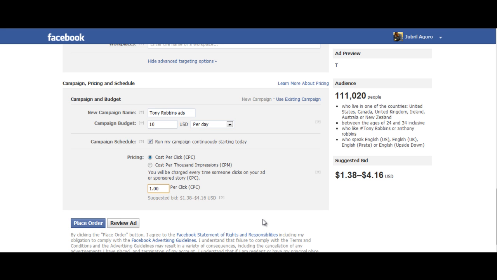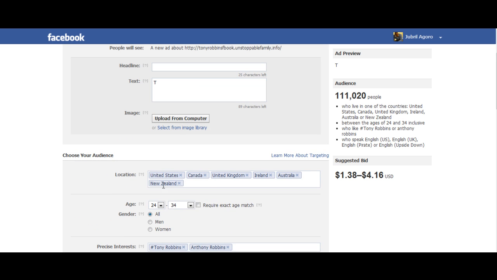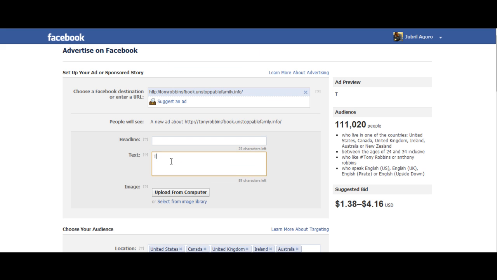A lot of times you can start at the suggested bid price, but for me, I'd probably put $1, or actually maybe even $1.20. I don't want to be too far below the bid, and then you can come and adjust from there. And now we have our targeting set up, and we're going to write an ad.